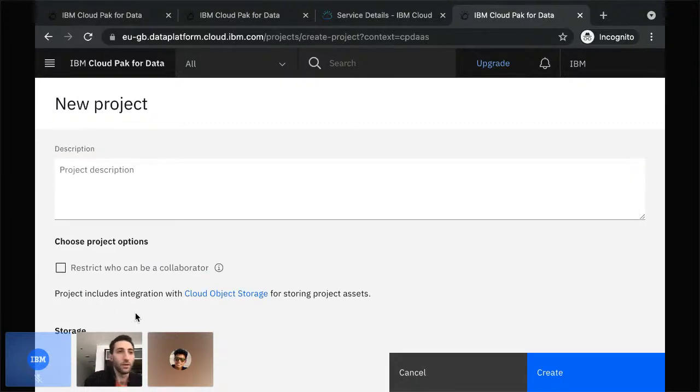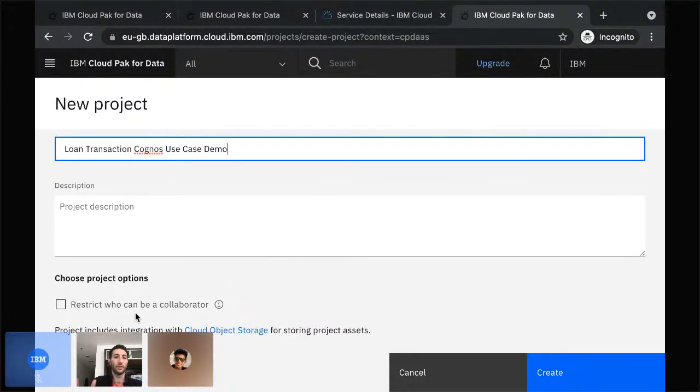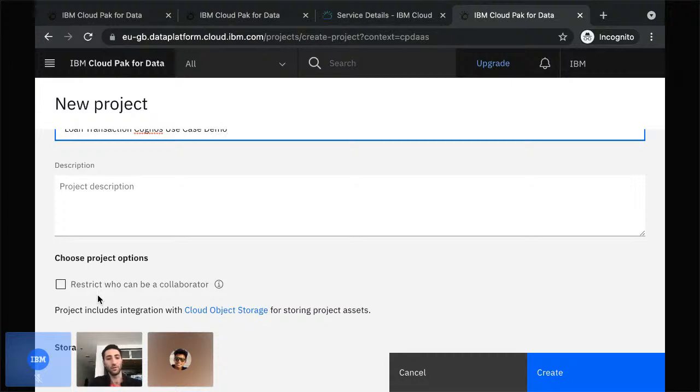Basically, with Watson Studio, a lot of the time different roles will be collaborating on the same project. Sometimes you have data scientists, sometimes you have business analysts, you have data engineers. All of them will need to be working on the same project. So here, this is as well. That's why we go with Watson Studio, and you can from here choose or restrict who can be a collaborator